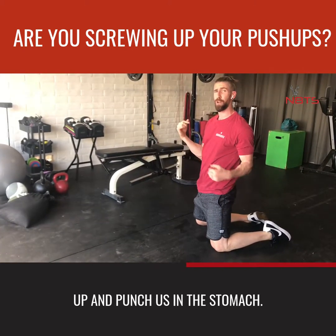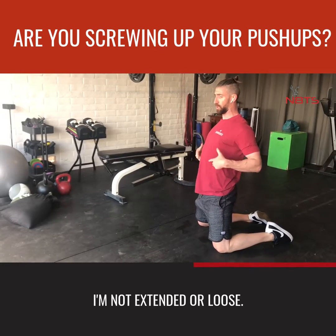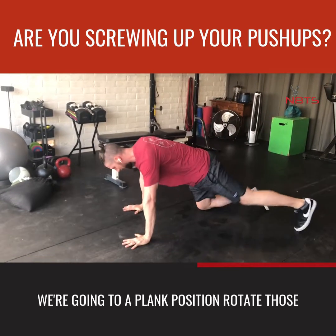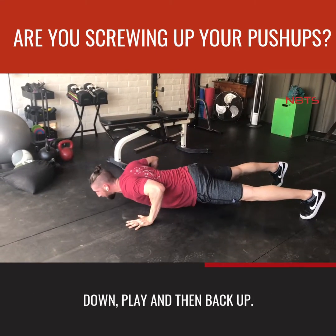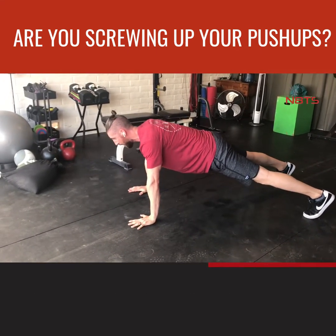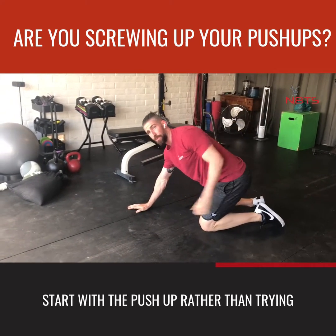So if someone were to come up and punch me in the stomach, I would be fine. It'd be no problem because I'm not extended, not loose. So tucked in right here. We're gonna get to a plank position, rotate those elbow pits forward, and then we drop ourselves down, plank, and then back up. Think about leading that low back to start the push-up rather than trying to push your body up,